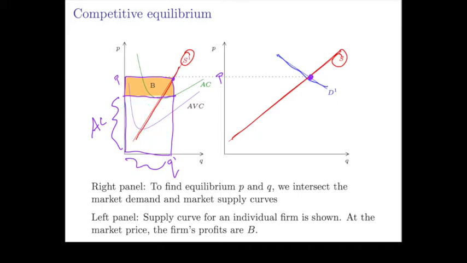So if we subtract the cost from the revenue, which is the area of the larger rectangle, we're left with this area right here, which I've labeled B. So the firm's profit is going to be this area B. In this particular instance, the firm is making a positive profit because the price is higher than the lowest average